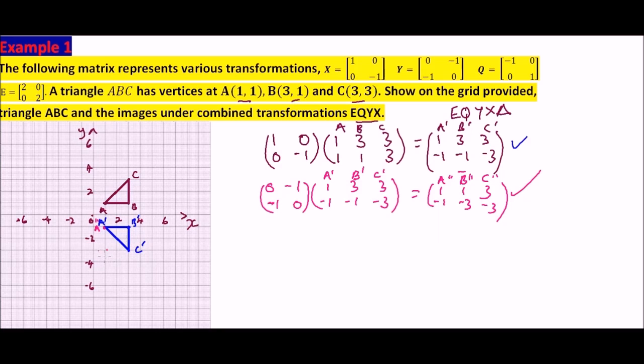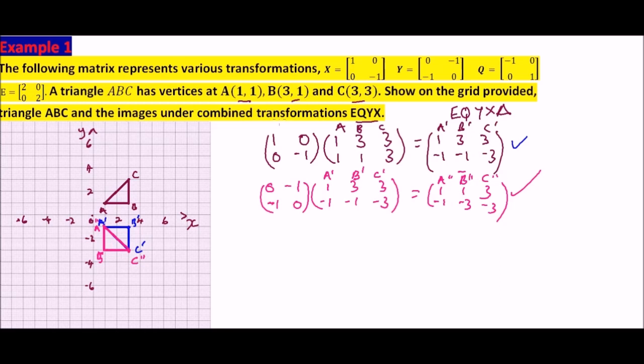And our C will be at 3, -3. So 3, -3 is where we have our C prime. So this is our C double prime. So we are going to join the 3 points so that we have the triangle of the second image. So this is our triangle, the second image,